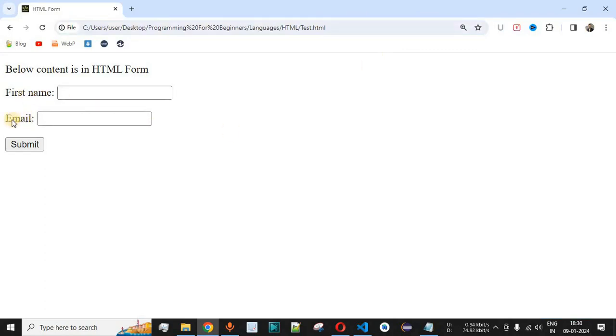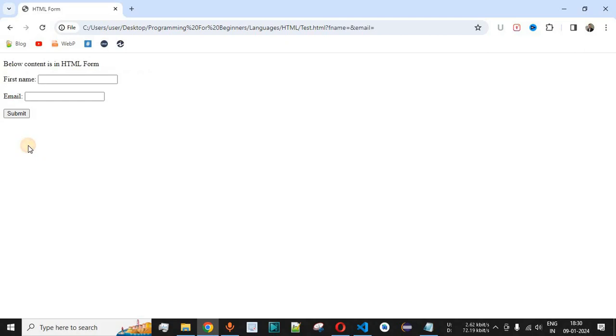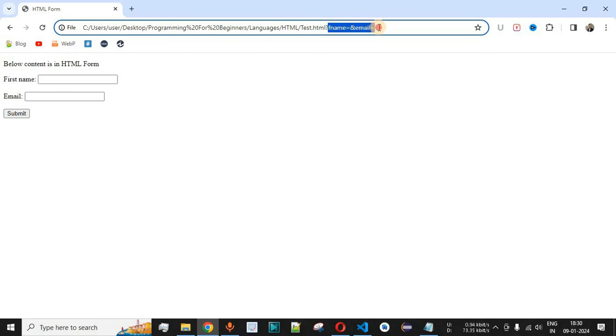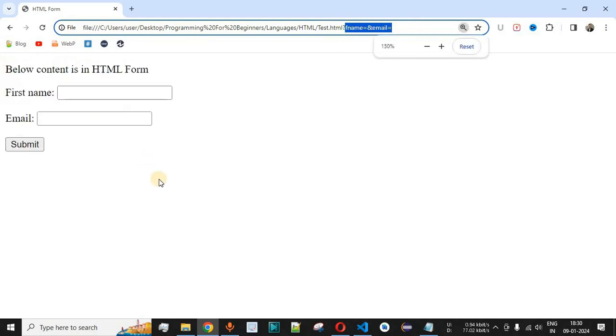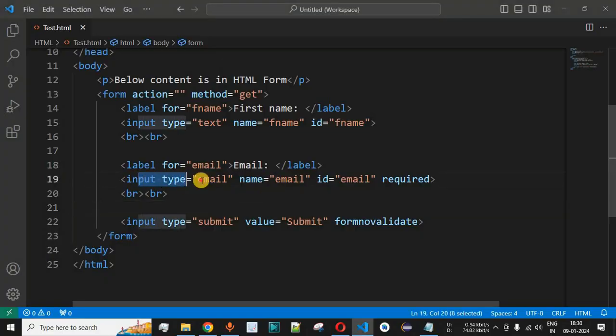So as you can see, we have the first name and the email, and this time without providing any data, I will be clicking on the submit button and we will see what will happen. So when we click on the submit button, as you can see, the data is getting submitted to the server, and we can see fname and email are getting passed to the server over here without any values. That's because we have not provided any values to the input fields over here. But guys, the important thing in this case is, even though the email address was marked as a required field over here, still it is not throwing the validation. That's because we have provided the formnovalidate attribute inside the input button that is representing the submit button in this case for the form tag.